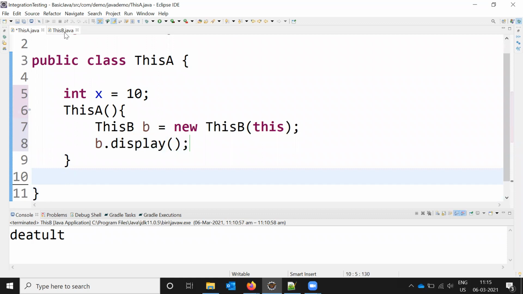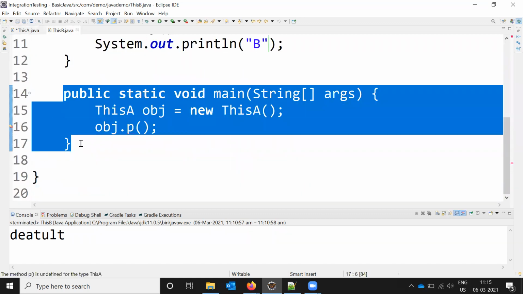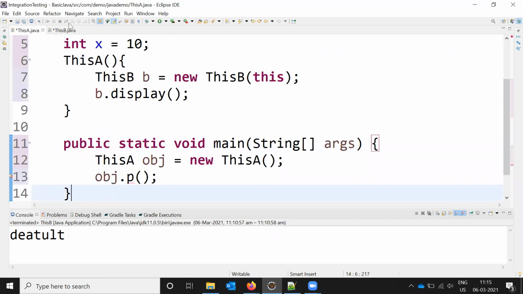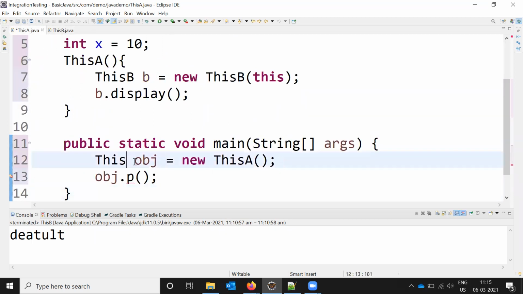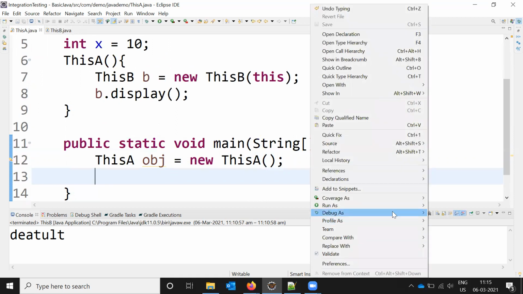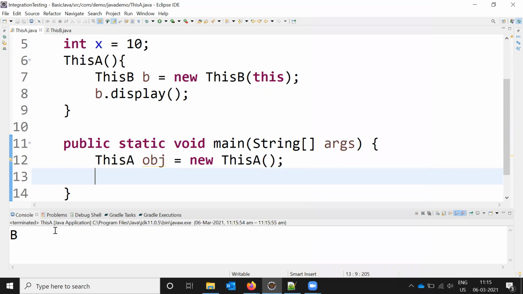And now in the B place, I'm going to create a main method. Save. I'm going to print a object, and the method is not presented. Just I'm going to call this one. B is printed. Like this also we can call this one.